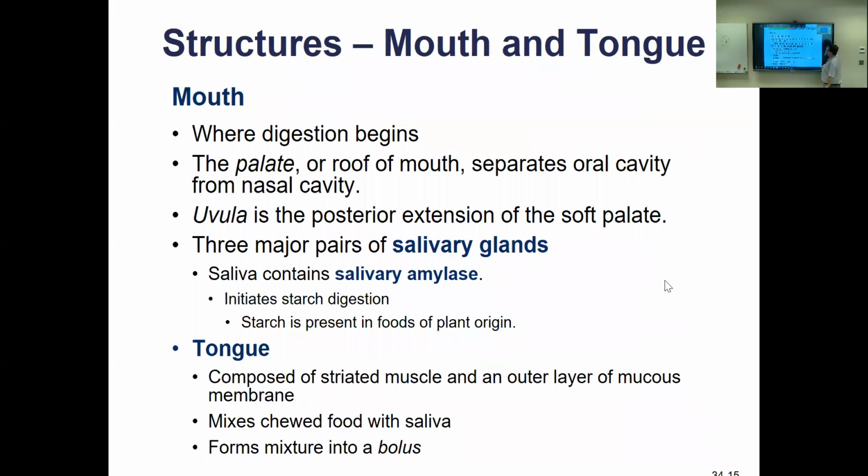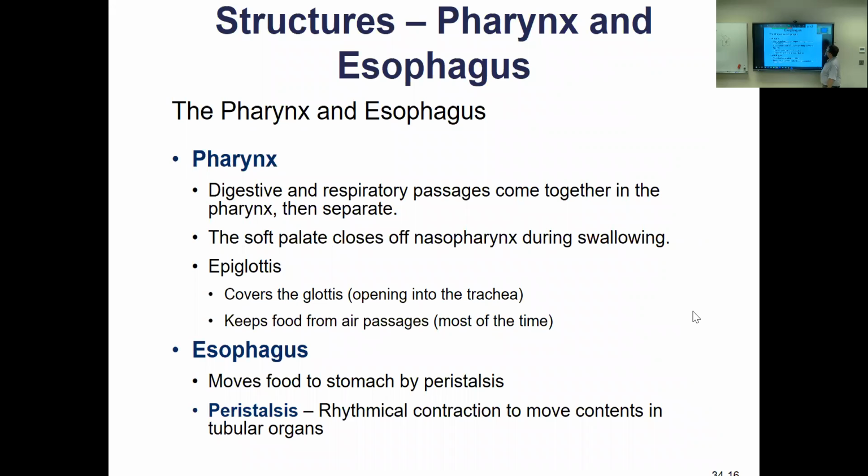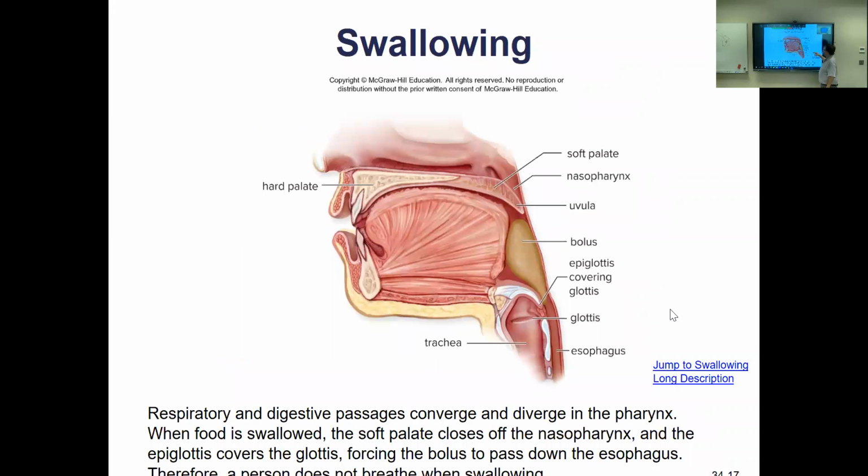All right, so let's go back through them all again a little slower and see if we can pick up some more of the accessory organs. Salivary glands make salivary amylase, really important to begin starch or sugar digestion. The tongue is used to mix the food up and form the bolus, which is the food once it's been mixed with saliva. Pharynx, conduit to the esophagus, nothing much there. Here we have the bolus. They changed the bolus, usually green in the old picture. Now they have it brown. I don't know what we had, some oatmeal maybe.